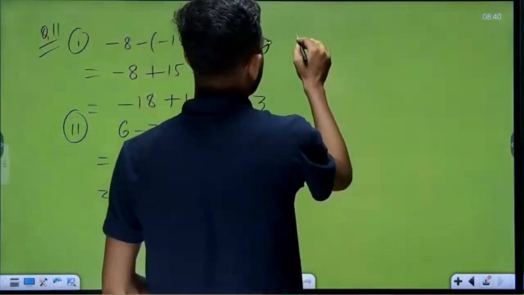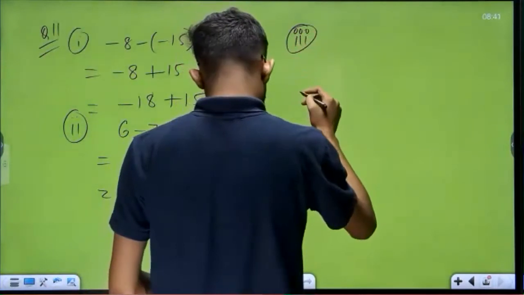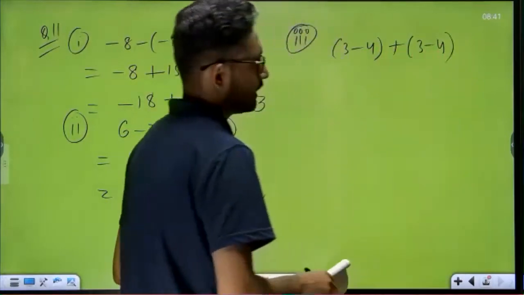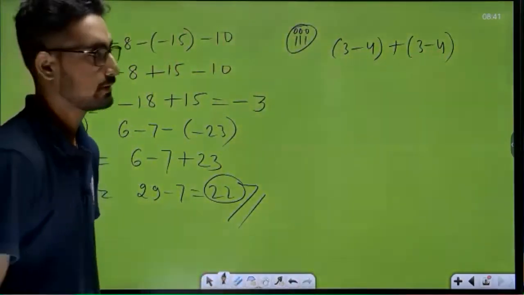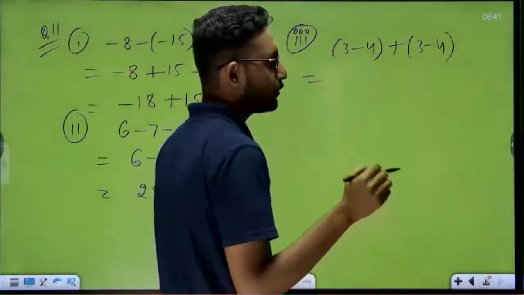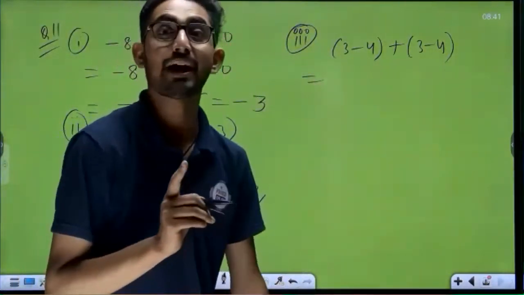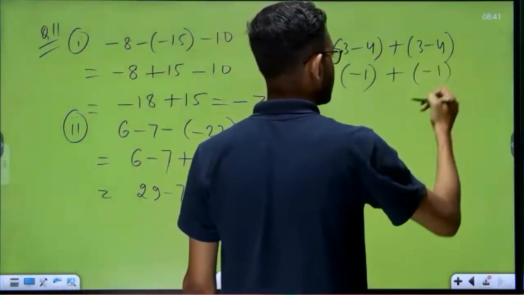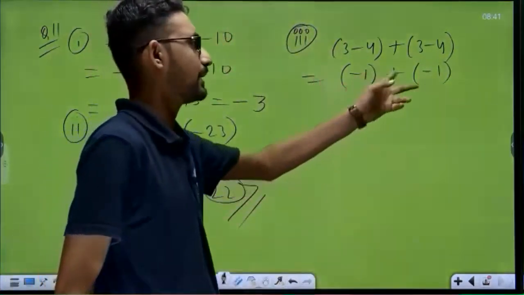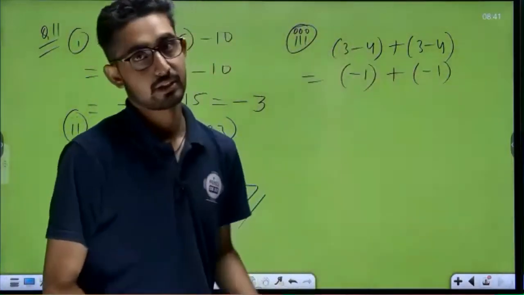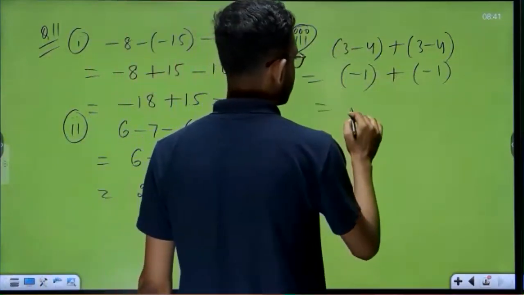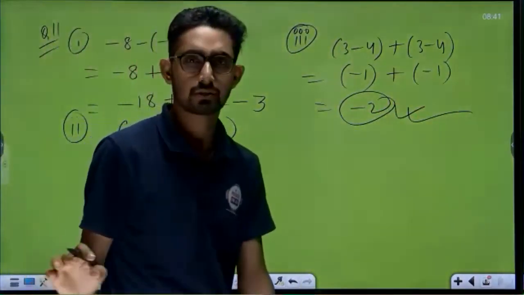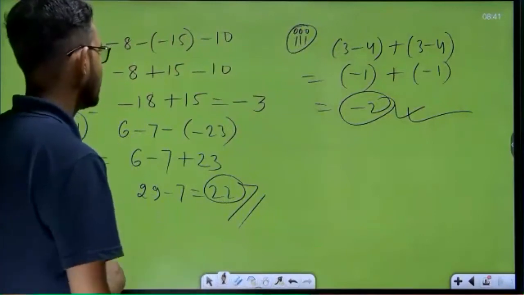That is also a very good question. Third part: 3 minus 4 plus 3 minus 4. Again, students, how will we solve the question? See, 3 minus 4, does anyone know the value of 3 minus 4? 1? No, minus 1. The answer will be minus 1. Give bracket, this is also minus 1. And when both numbers are negative, addition will be there. So the answer will be minus 2. Yes, that is the complete answer. Really, these questions are very simple. Yes or no? Okay, so we are done till question number 11.